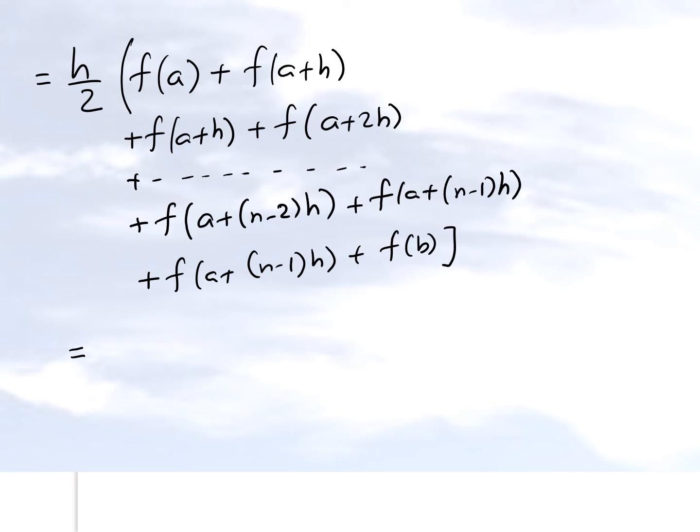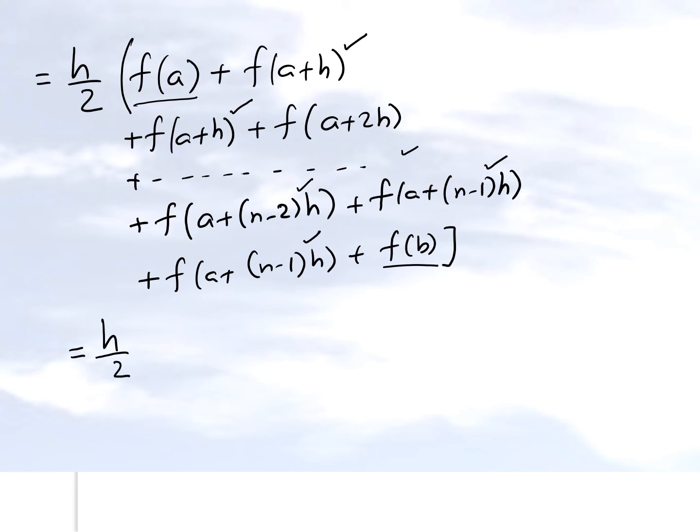What you're going to find out is that this value of the function at a plus h is not only in the first integral but also in the second one. The value of the function at this point is not only there but also in the previous one, which is not shown. The value of the function at this point is not only there but also in this integral. The only ones which are not in two integrals are the first and last, f sub a and f sub b. So let's go and write it down.